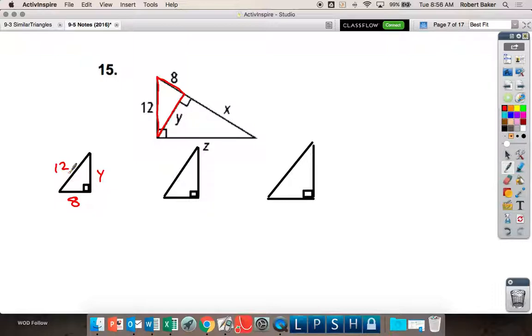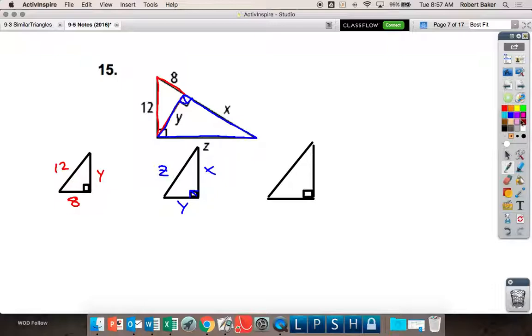Perfect. And then we get to the medium triangle in blue. What do you think? The short piece? The long piece? The hypotenuse? Z. Because this is the right angle, and the right angle points to Z. Alright? And then the big triangle,